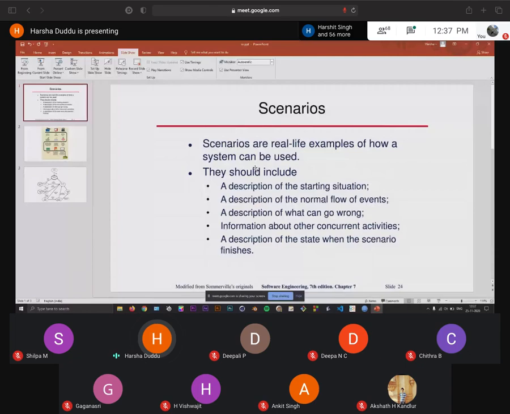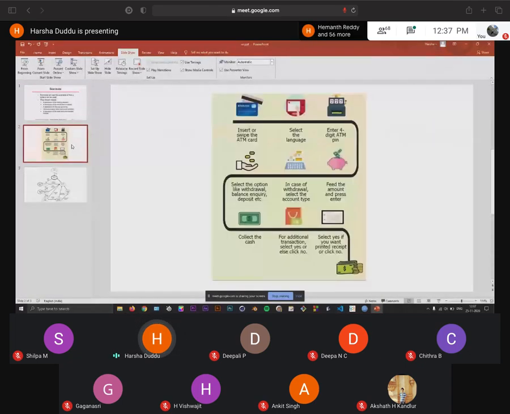I would like to take an example of something all of us are quite familiar with, withdrawing cash at an ATM. So first we map out all the steps that are happening. We insert the ATM card, select the language, enter the PIN, and select the service we want, withdrawal, balance inquiry, etc. Then we select the account type, enter the amount we require, and collect the cash. Then we are prompted if we want to do another transaction, and then asked if we want to print a receipt. And thus the execution ends.